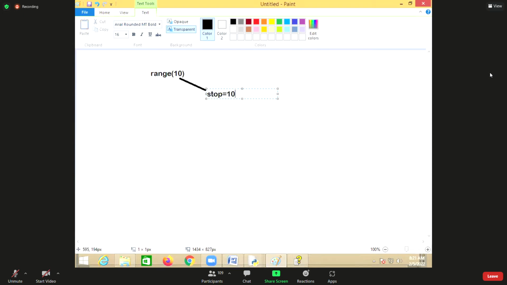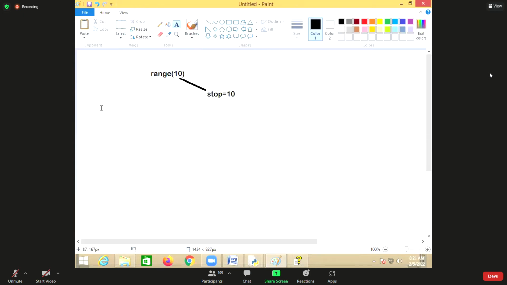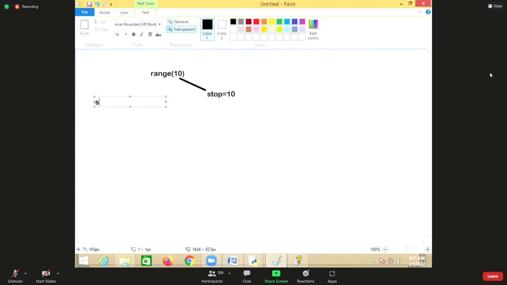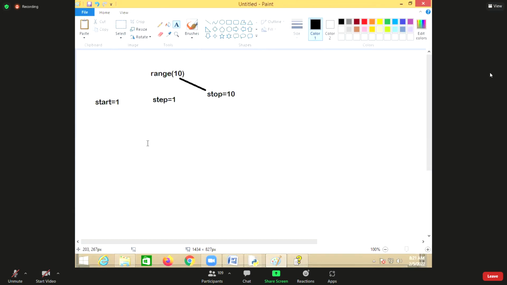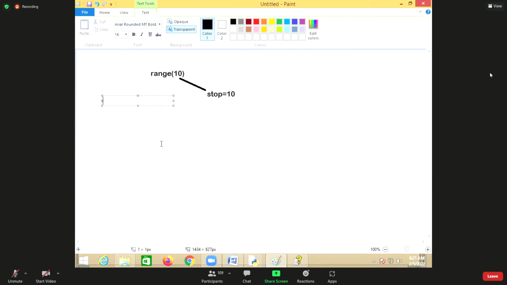Stop. 10 is the stop. Then what is the start? Start is 0. Step is 1. So this range will generate values from 0 onwards.